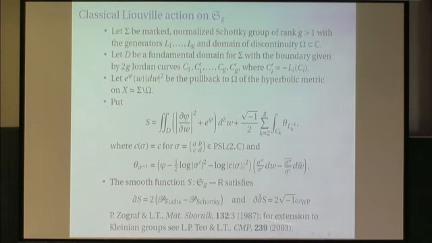And then one can prove the same results as for the punctured case, namely that S is a Kähler potential of the Weil-Peterson metric on a Schottky space. So on a Schottky space, the Weil-Peterson class is 0, and there is a global potential. And then if you take the first derivative, then it's also some classical thing, namely we have